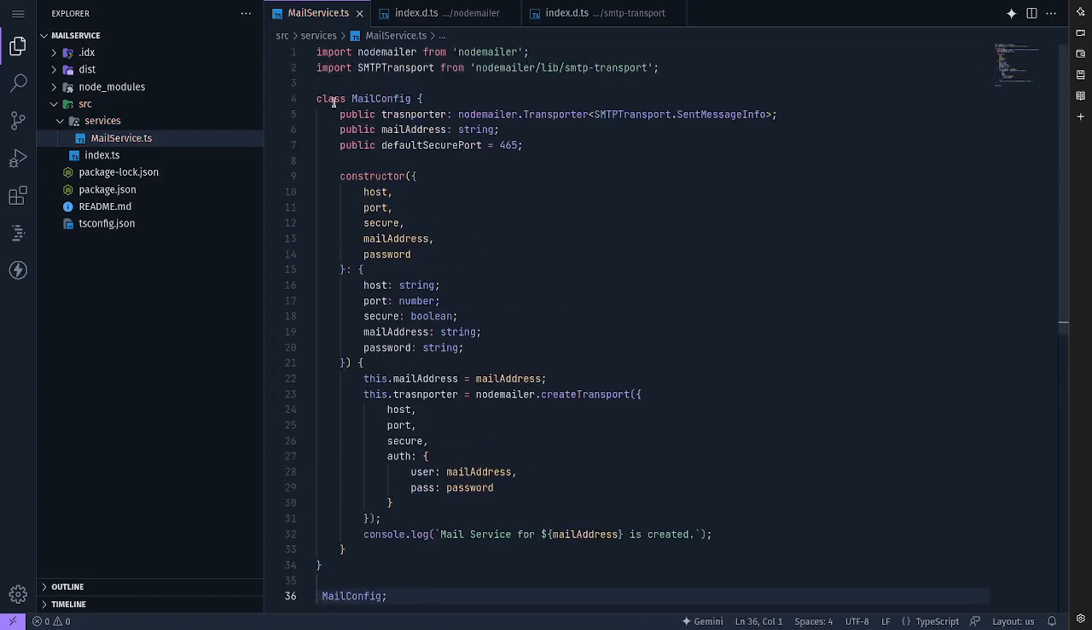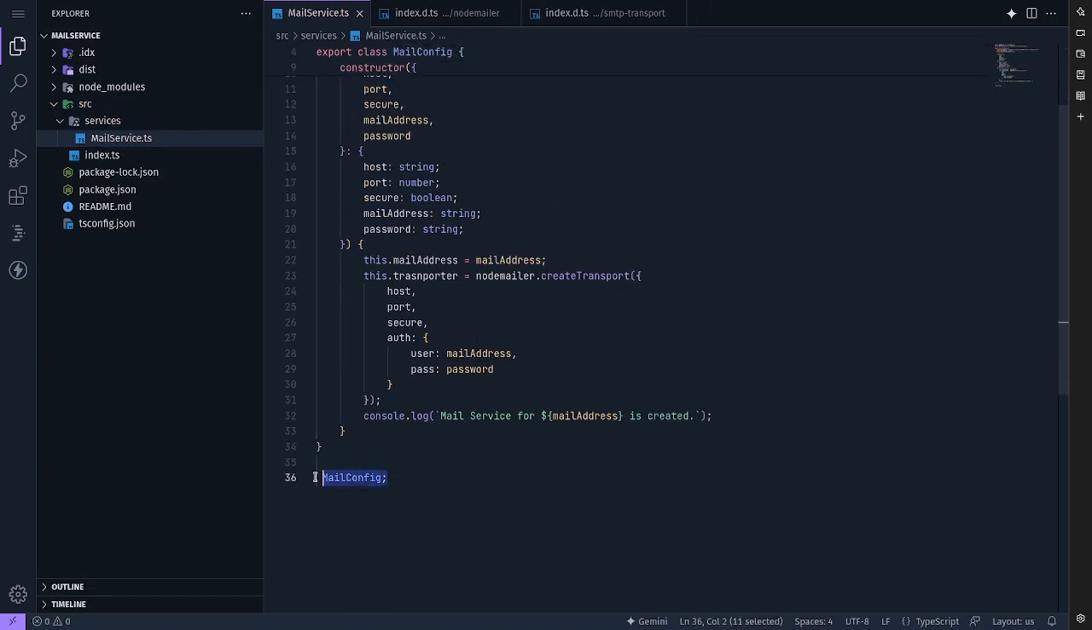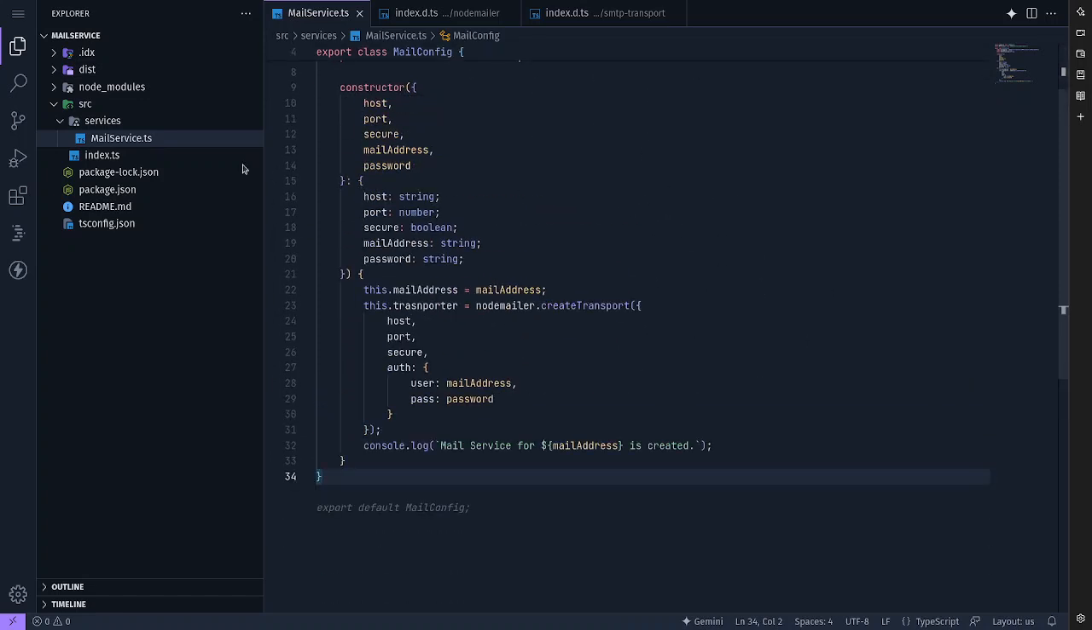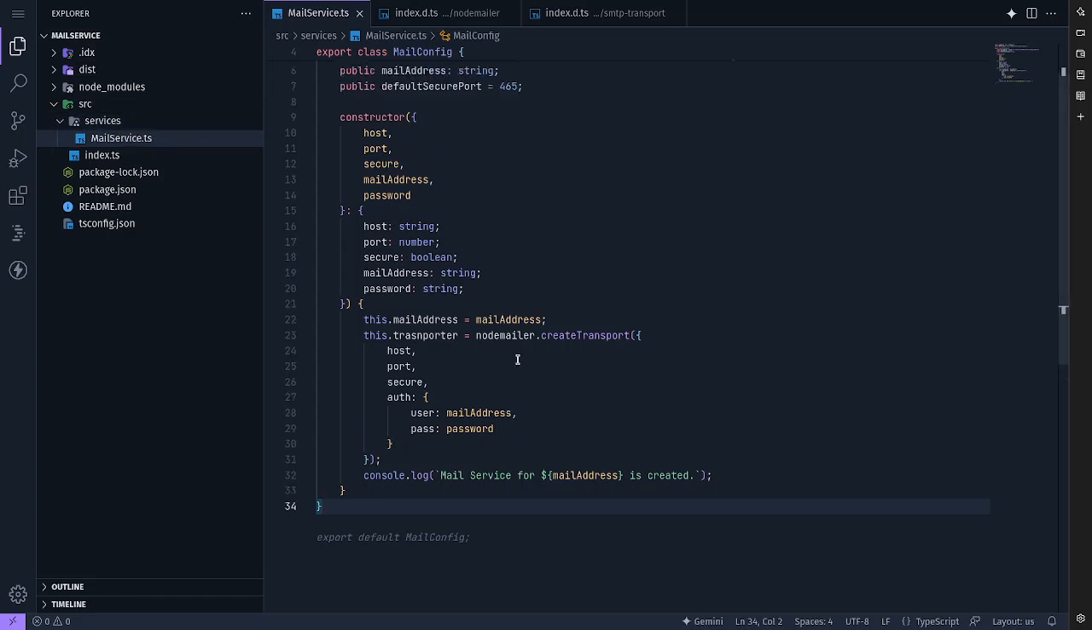Let's export this for now. Okay. So this code looks good. We can use another file to create